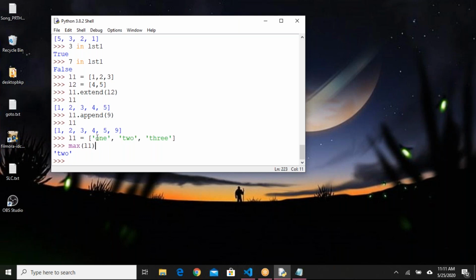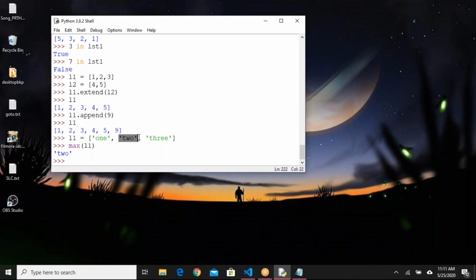M N O P Q R S T. Okay, T and T are same, so W will be the highest. I think that way it is considering. In general English, how we consider the biggest word and smallest word is based on the alphabetical order, right? Not based on the count, that way only it is considering.